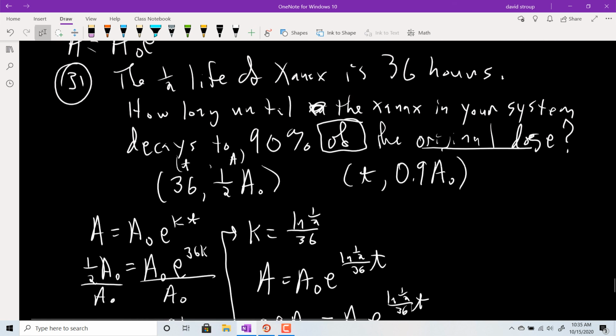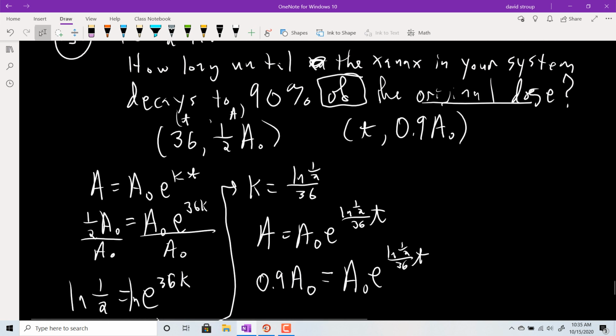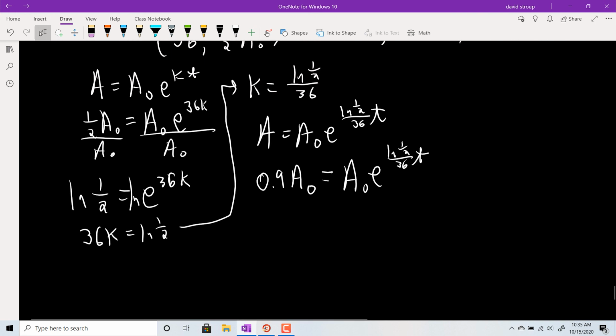It was 31. Xanax is a tranquilizer used in short-term relief of symptoms of anxiety. Its half-life in the bloodstream is 36 hours. How long will it take for the Xanax to decay to 90% of the original dosage? Yeah, so we're good. All right, so now I can divide both sides by A sub 0